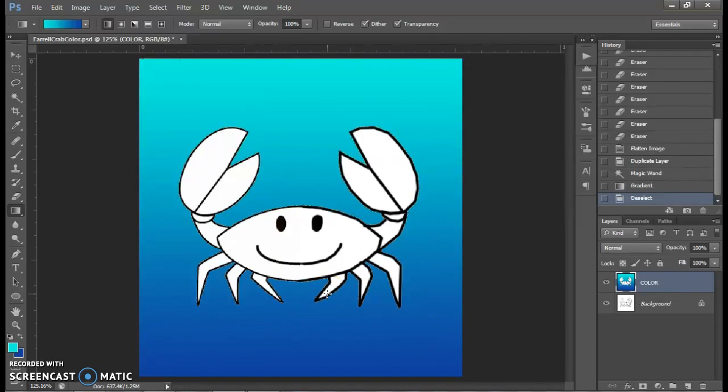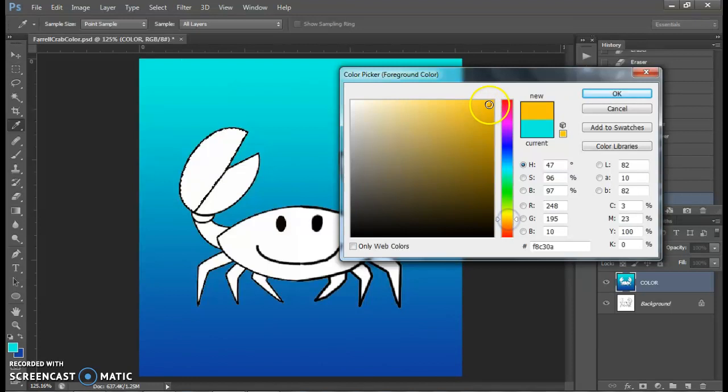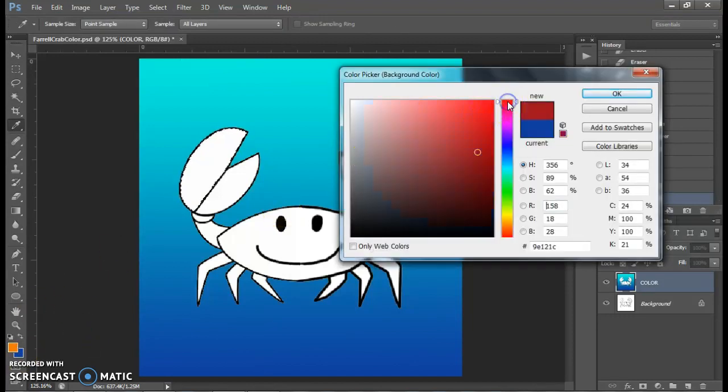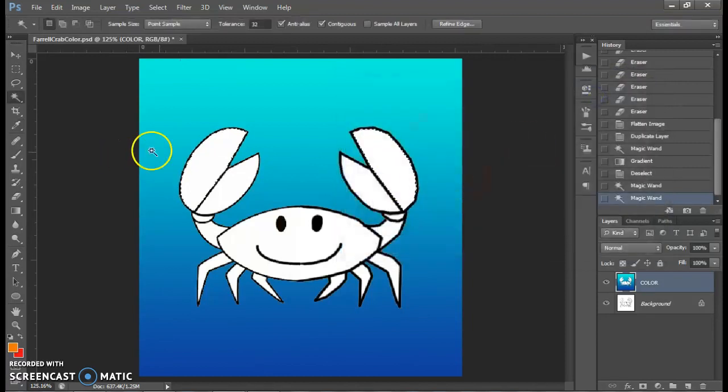Control D. If I want to have him be different colors, I can use my magic wand and I can hold the shift key, and this allows me to select different areas. I want him to be an orange red. So the top color is going to be that color, and then the bottom is maybe going to be a little bit more red. And then with my gradient tool,